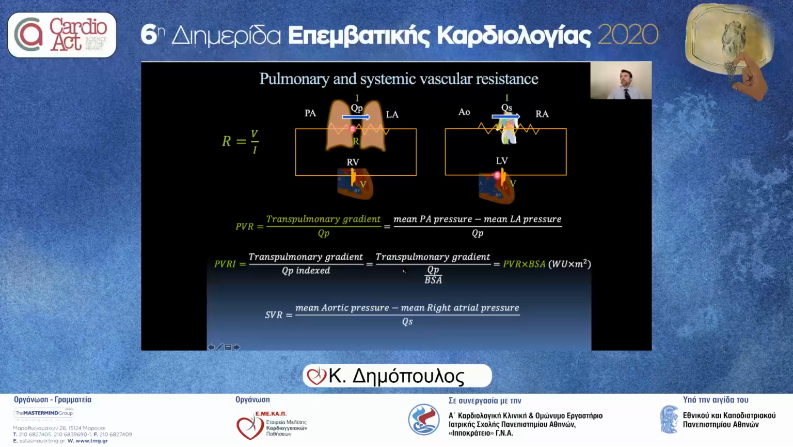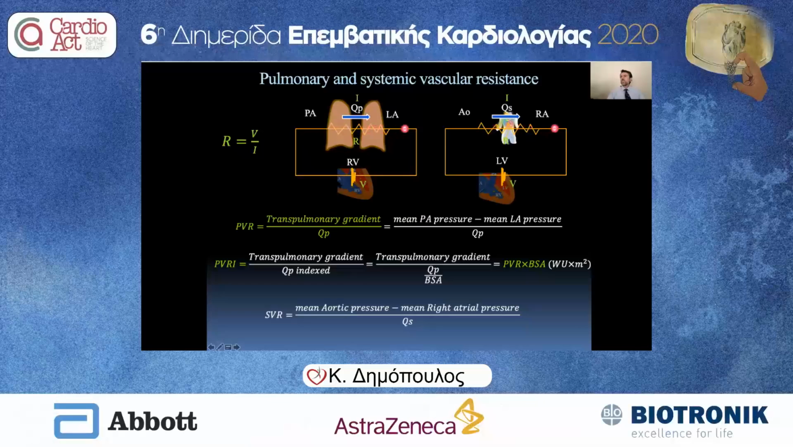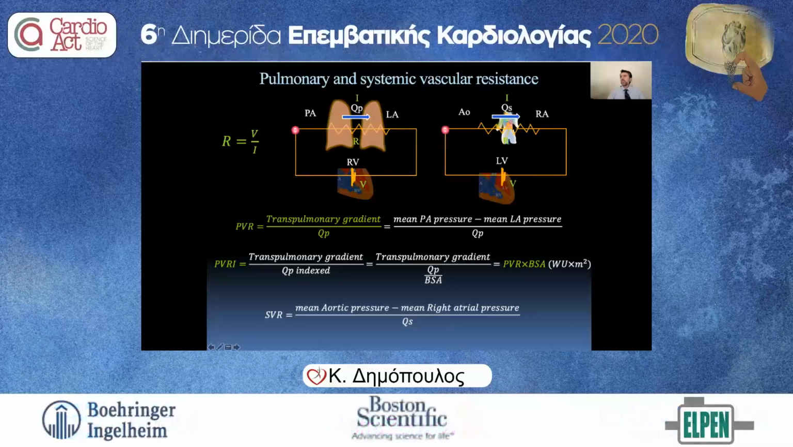Now, for those who don't remember the formula, it's not easy to remember. One trick I use is remembering Ohm's law that we all studied very thoroughly in school, saying that if you have a resistance and a battery and you have flow through the circuit, the resistance equals the voltage, so the power that brings the current forward, divided by the current. In this case, we've got the lungs or the systemic circulation, and you have the right ventricle or the left ventricle, you have the lungs or the systemic circulation, and hence the pulmonary vascular resistance is the transpulmonary gradient,